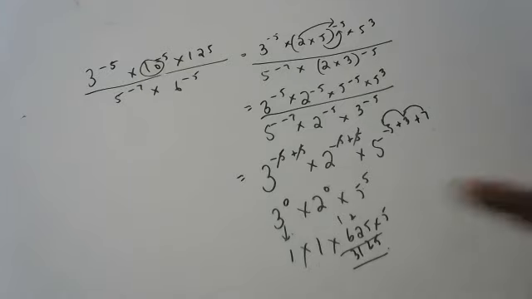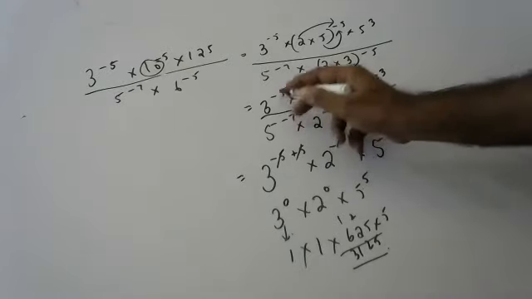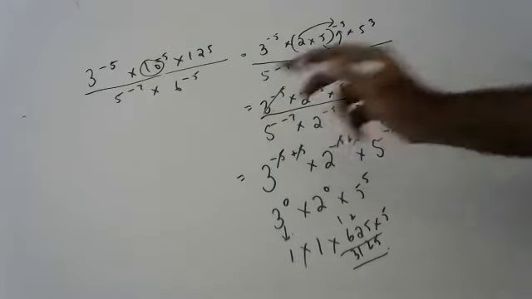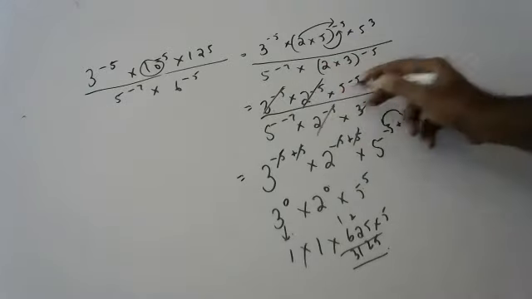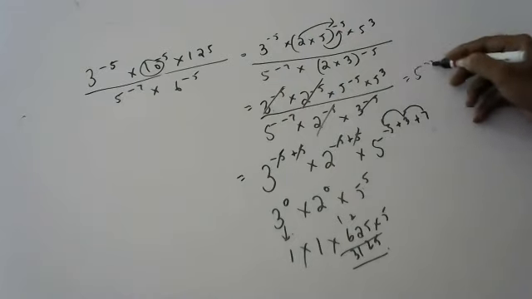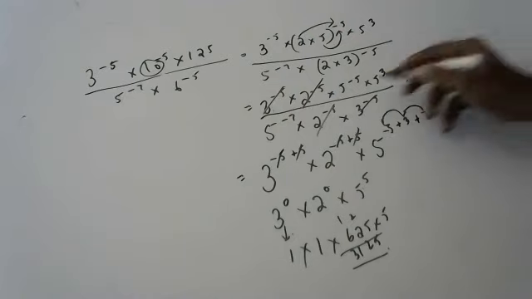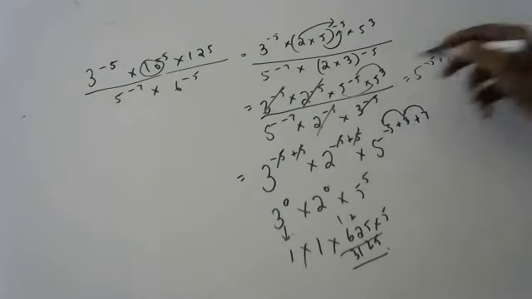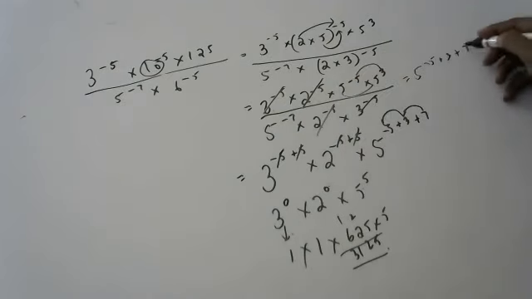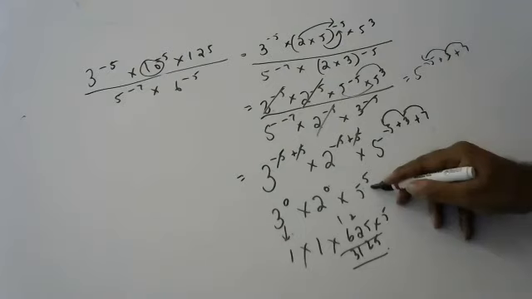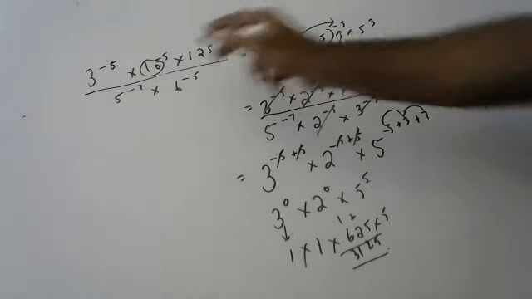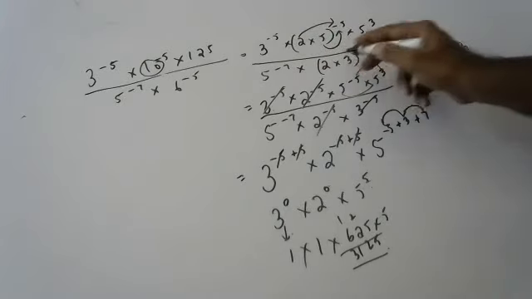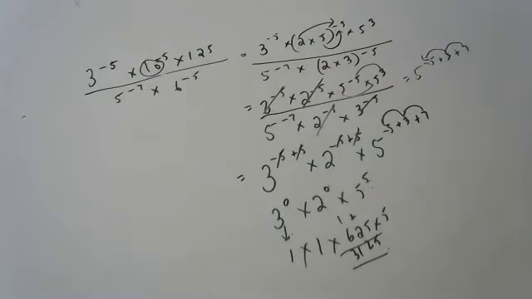Okay, children, you also did not understand again. I'm saying 3 to the power of minus 5 and 3 to the power of 5 cancel directly. 2 to the power of minus 5 and 2 to the power of 5 cancel directly. 5 to the power of minus 5 plus 3, because when bases are the same, powers can be added. And when this goes up, plus 7. 7 plus 3 is 10, 10 minus 5 is 5. So 10 I wrote as 2 into 5, 6 I wrote as 2 into 3. Everything I converted into prime numbers.